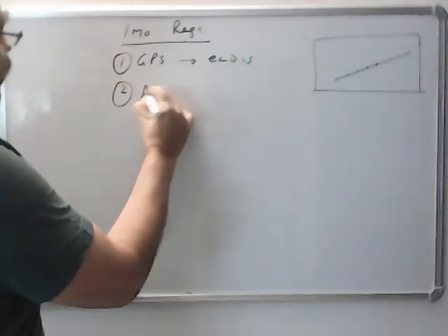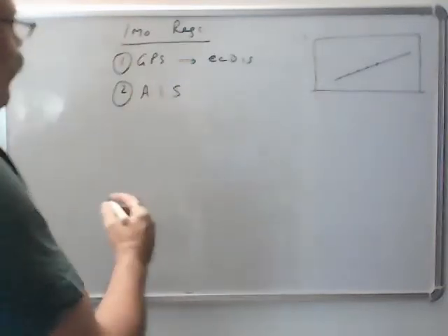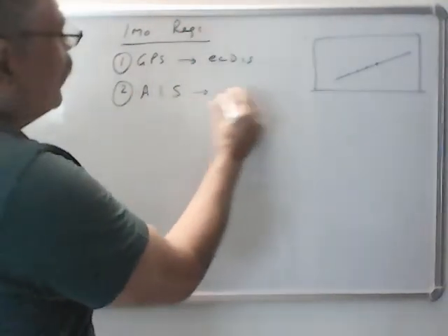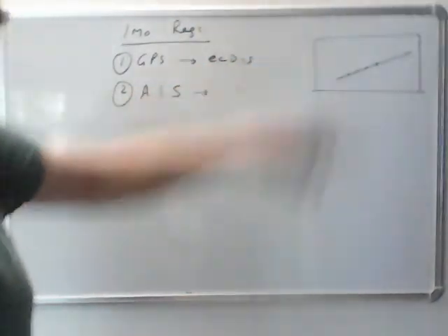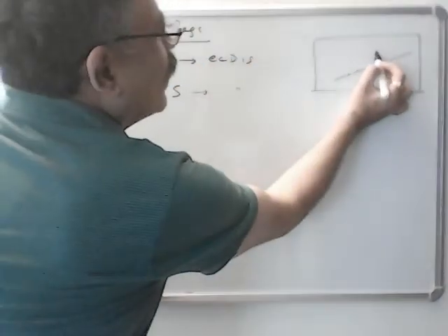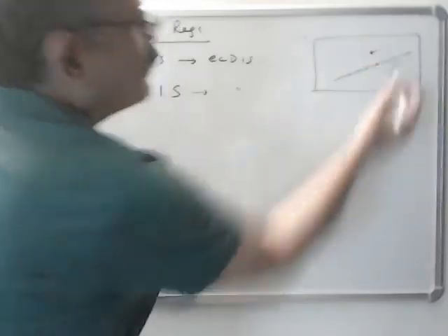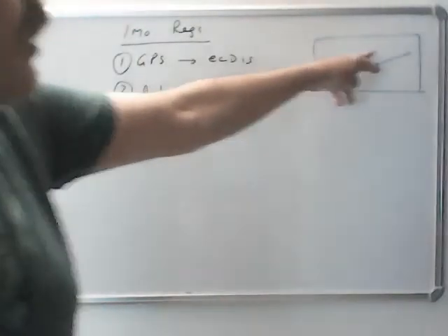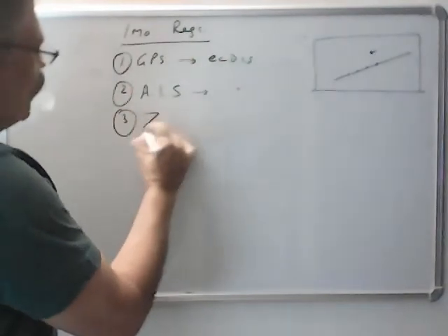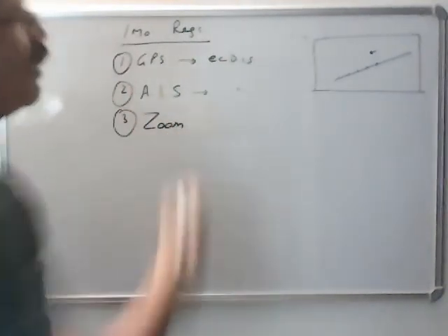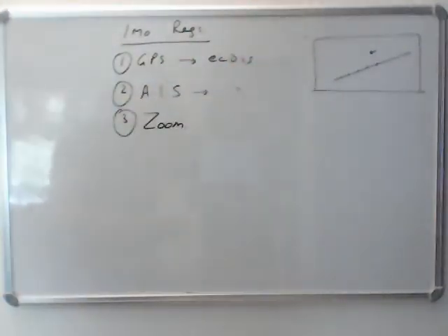Then your AIS, we will do AIS in the next video, should also be connected to the ECDIS. So you will get information about the other ships also on the ECDIS: its GPS course and speed, position of the other ships, etc. Third, zooming facility should be possible. You should be able to zoom the chart plus or minus.